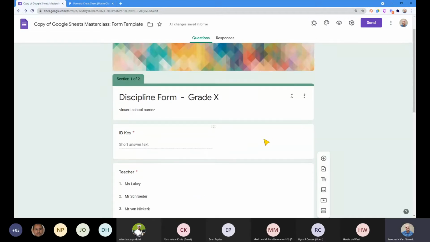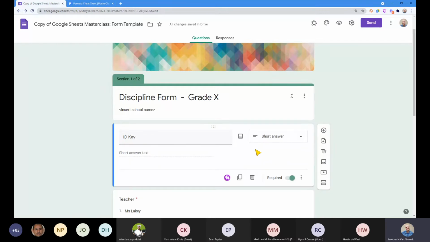What I want to look at is our ID key. Now, an ID key is simply a way of saying every learner that we're going to be registering this offense for has a unique identifier, something that is unique to them. For example, in South Africa, we've all got an ID number, which is a unique identifier for every citizen in the country.